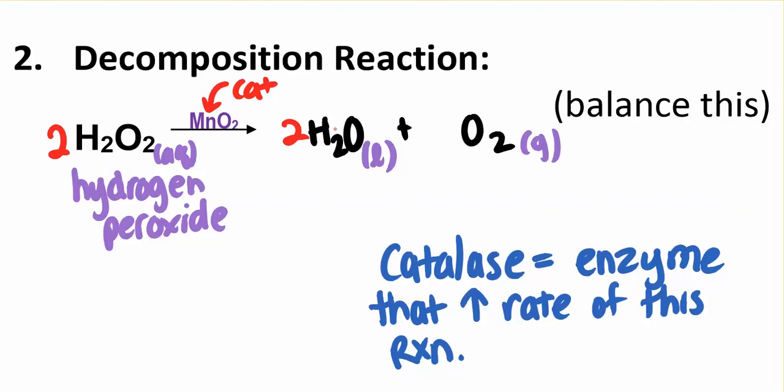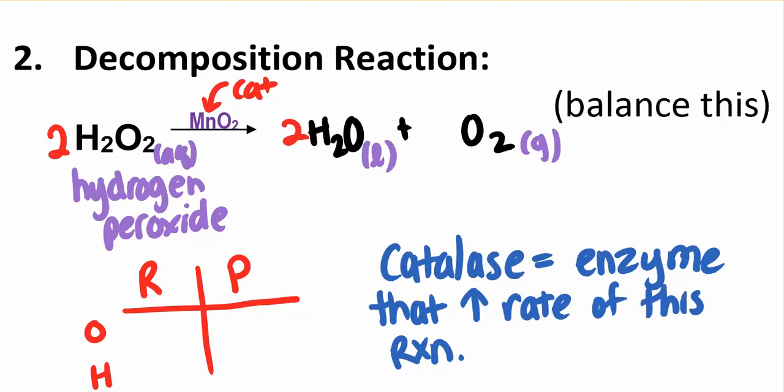And let's check and see if that's really balanced. Sometimes people make a little table to see if it's balanced with the reactants here and the products there. And then we say we have oxygen and hydrogen. So how many oxygen atoms in the reactants? We have 2 times 2, that's 4. How many oxygen atoms in the product? We have 2 here,